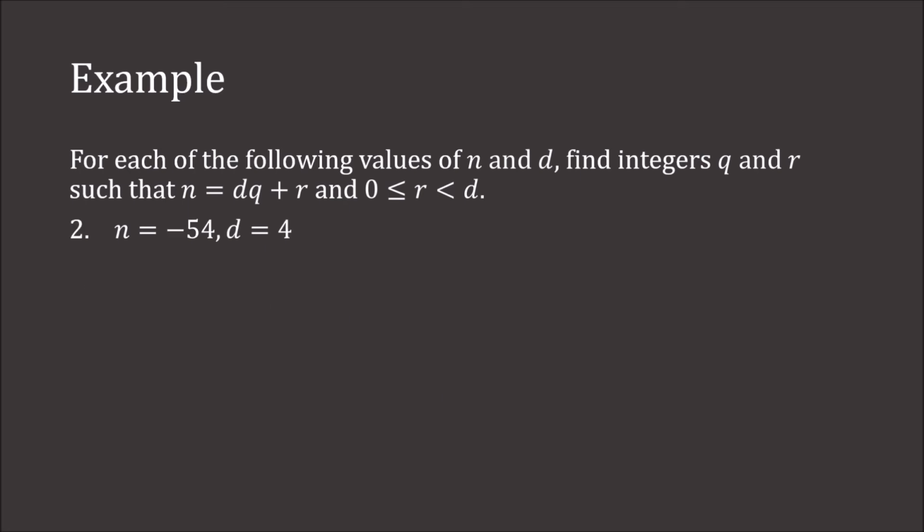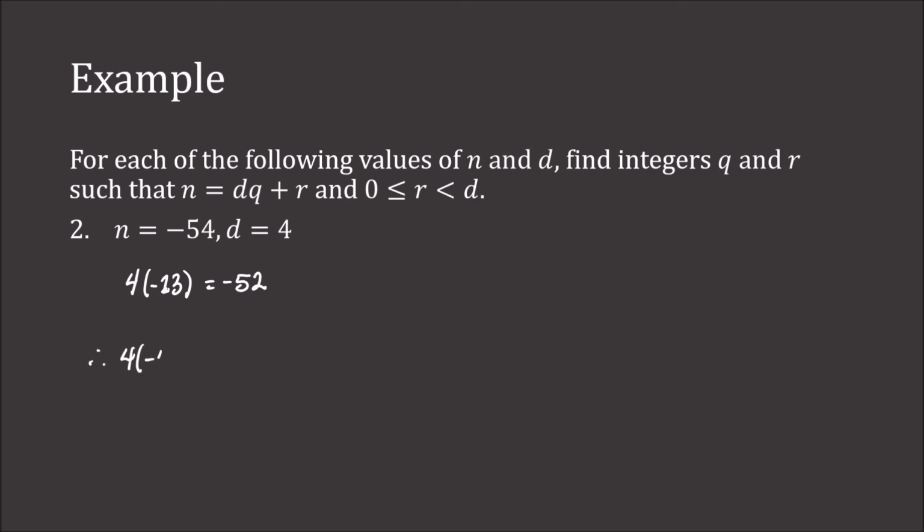Next up, let's look at now n is negative 54. Well, from the previous slide, we'd have 4 times negative 13 would be negative 52. Well, we want negative 54. So what we're going to have to do is we're going to have to up this, right? Because remember, r has to be a positive remainder. So we don't use negative 13,